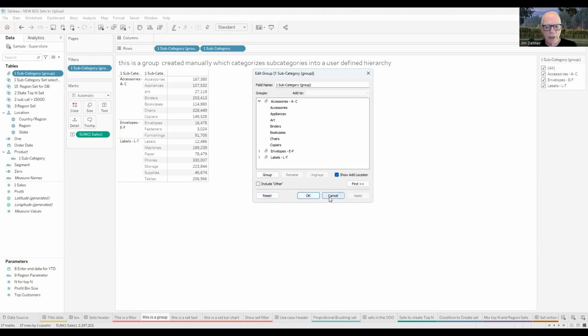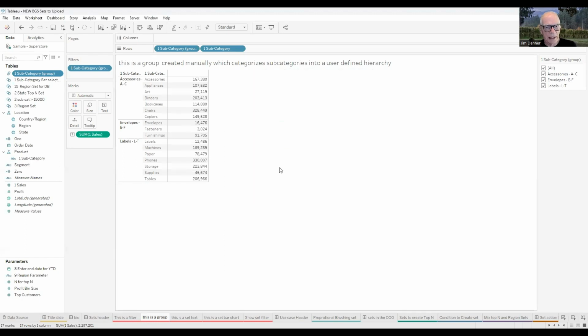So that's how the group was created. Okay. And we're going to just cancel that and get it out of the way. So you can see I've got 3 groups now, and I've created a hierarchy. The subcategories are part of the groups. Okay, so accessories through copiers are in the A to C group, and envelopes through furniture are in the E through F